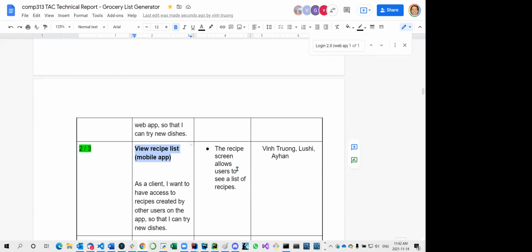Vin, did we see this one again? Yes, I can explain the details again. Perfect. So I think we saw a quick view of it, but if you could show a more detailed view. I can show the detail and explain